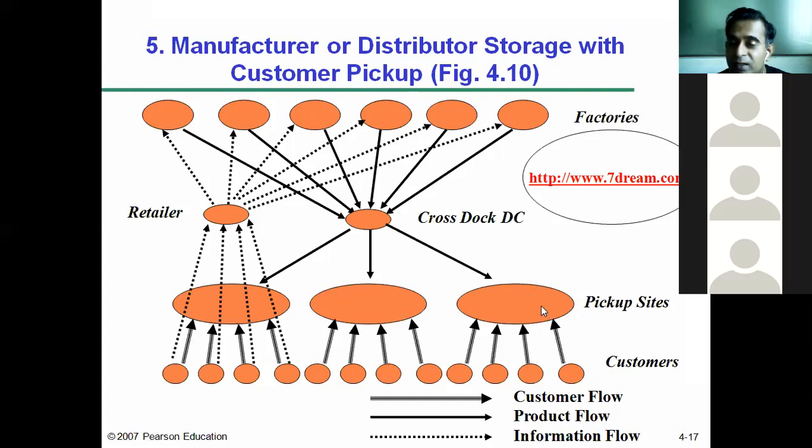The customer will receive an intimation or notification on mobile phone through SMS that he can go and pick up or collect the product from the pickup site. So pickup site information will be given in the message. The customer can walk into the bakery and collect the product. This way, the company will be saving a lot of time as well as transportation cost.